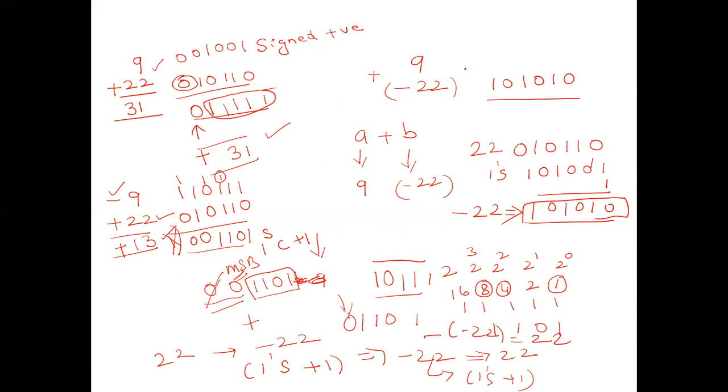What about plus 9? The actual binary of 9 is 1001. Since it is a positive number, I will add 0. So 1 plus 0 is 1, 0 plus 1 is 1, 0 plus 0 is 0, 1 plus 1 is 0, and 0 plus 0 plus 1 is 1, and then 1. See here the most significant bit. So the most significant bit is positive. Okay, the most significant bit, but we don't know where we have to stop it.